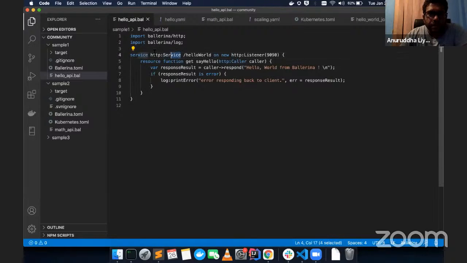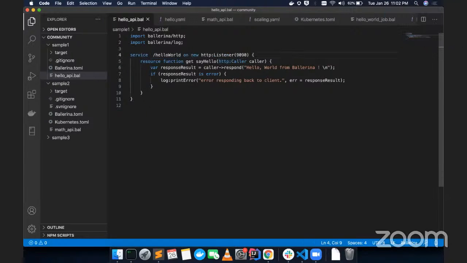At the moment, we are supporting HTTP. We can create a gRPC service as well. My question was, with the service keyword, we have the service type HTTP service. It's usually optional. We can remove it. Okay. Thank you.